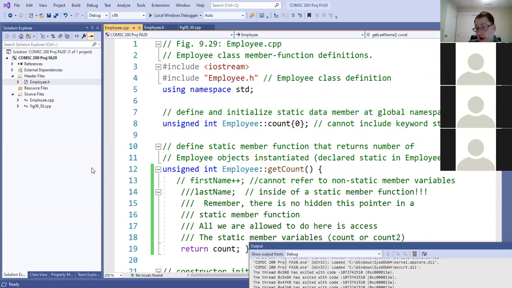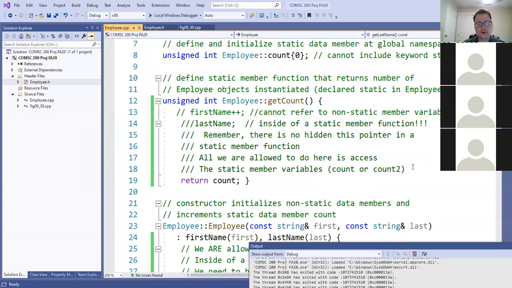We saw in particular that static member variables can be accessed in both static member functions and non-static member functions, which means you could potentially think about a get function that's not static that would return the value of that static variable. But that's not really ideal, right, when you think about how we might want to do things in the application program, because you just make get count non-static,